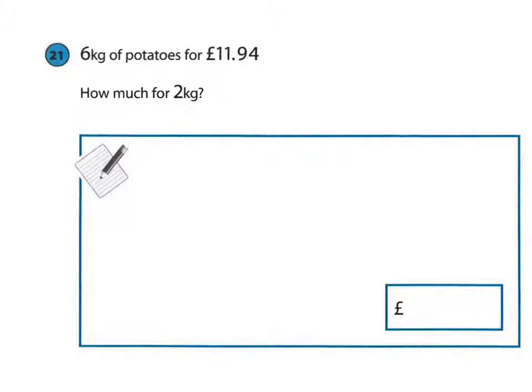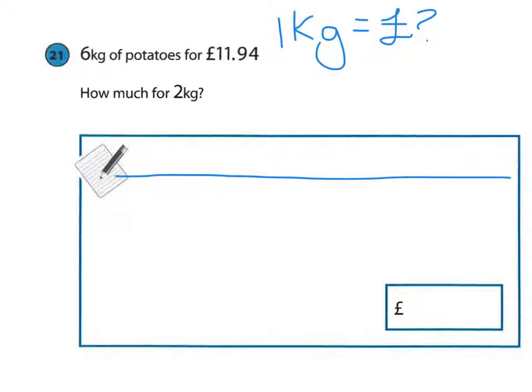Question 21. 6 kilograms of potato for £11.94. How much for 2 kilograms? To be able to work this out, we need to work out what 1 kilogram of potato is going to cost us. To be able to do this, we need to divide £11.94 by 6 kilograms. We can use the chunking method to do this. If we start on 0, we need to work out how many 6's there are in